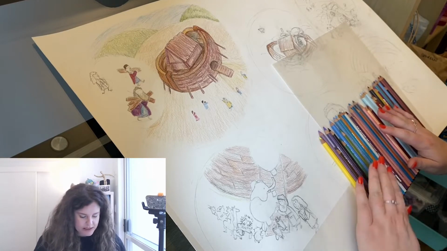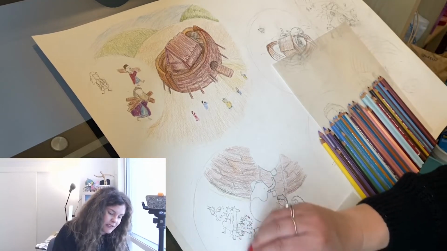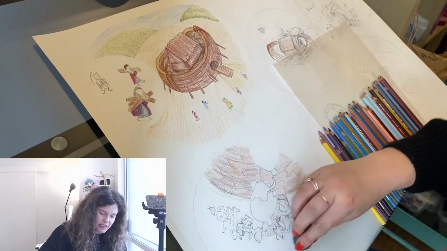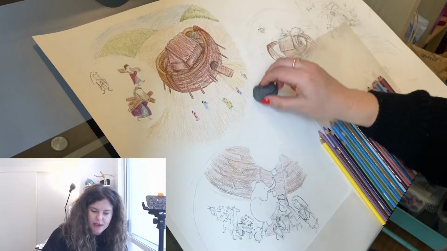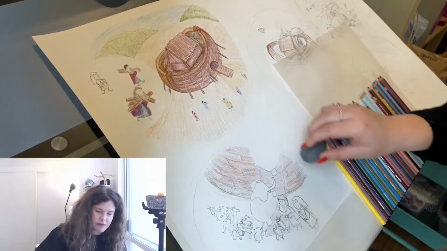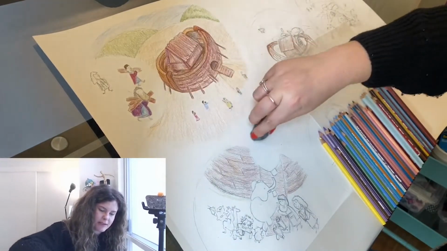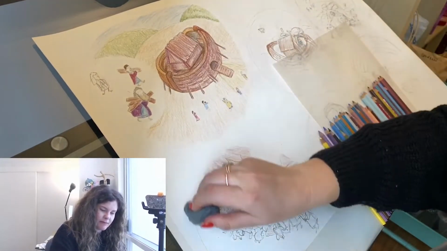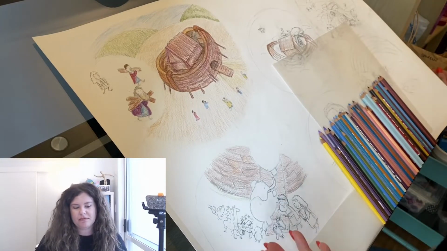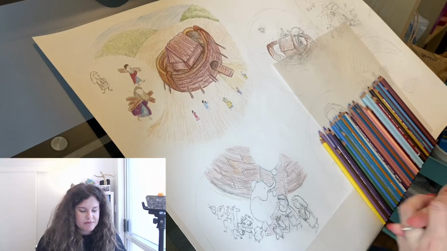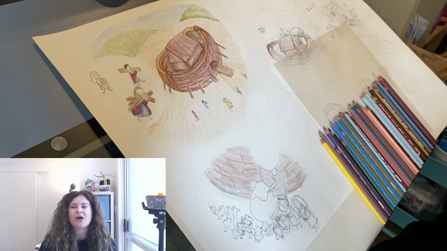You can see I've pulled out some more pastels. I use my needle and my eraser just to clean up the paper as well. At the end we can do that some more too. But that's okay, we can clean that up. Plus it's a drawing, like it's handmade. You can't get rid of everything, right? Anyway,